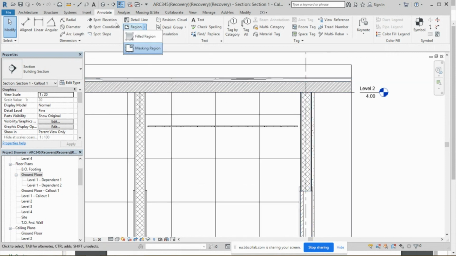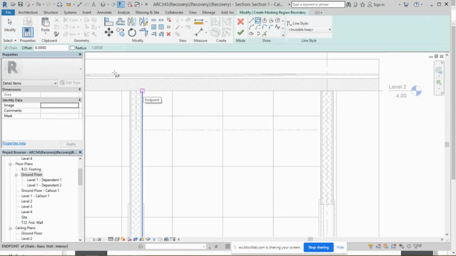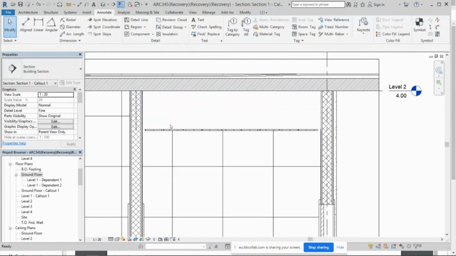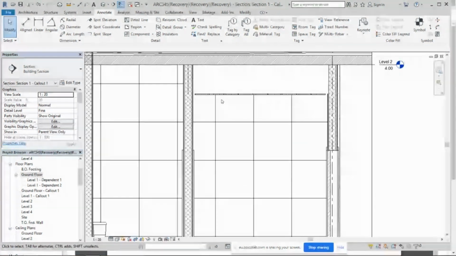So I can use this masking region, and make it similar to what we showed last time, and make sure that these lines are invisible, and mask it. So here, the ceramic is just stopping at the edge of the suspended ceiling, and then here we have our mechanical system going to make ventilation for the bathroom or something like this. You cannot do this regarding the wall section, because the wall is just a wall which is layered from both sides. Or the other way around is to make paint, similar to what we had before,